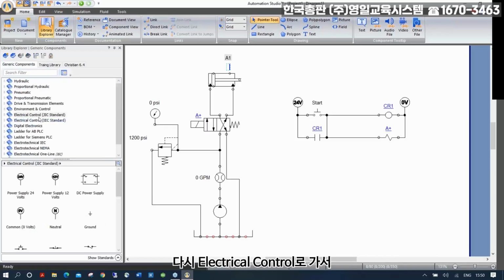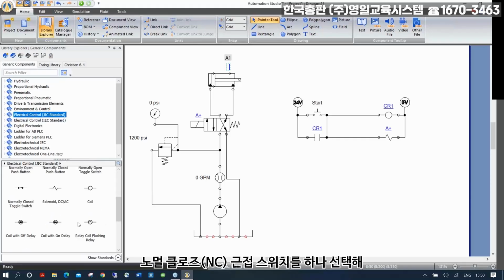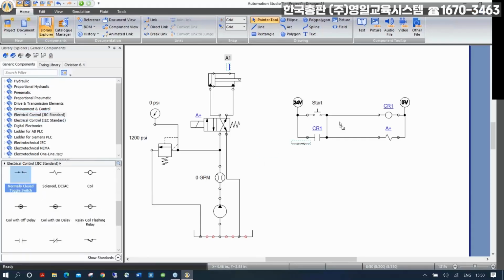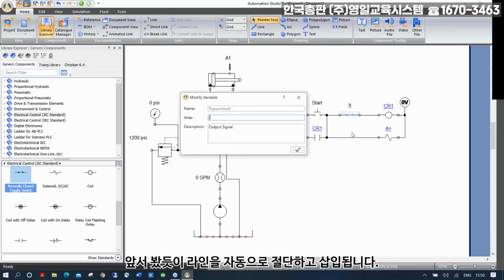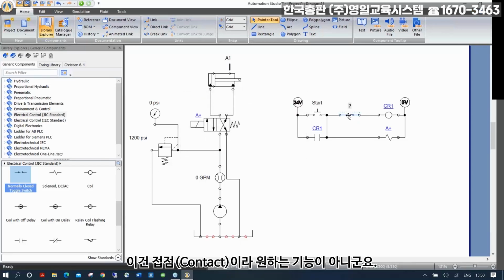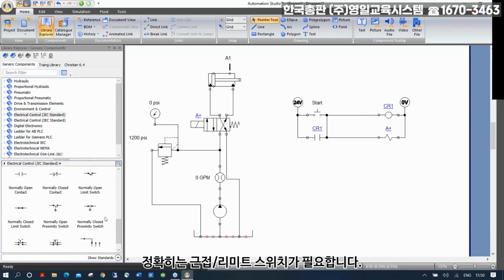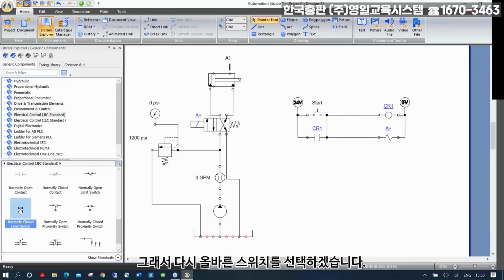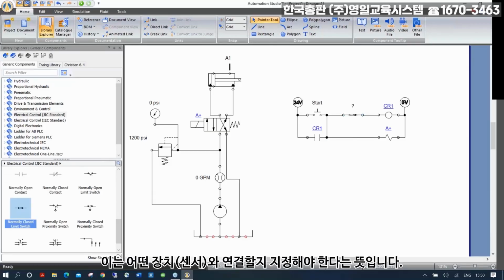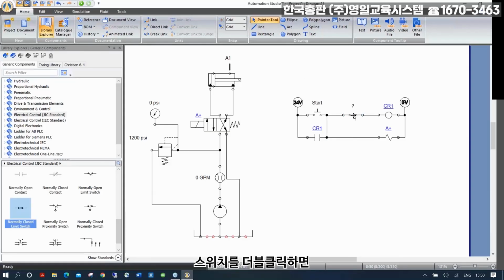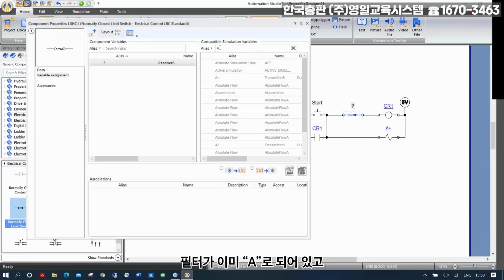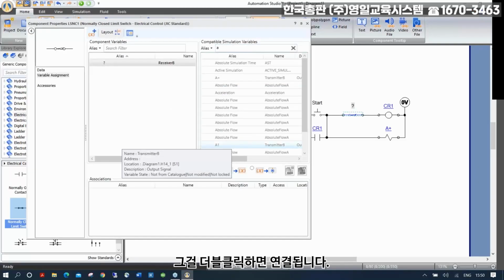And I'm going to go into electrical control, and I'm going to take a normally closed proximity switch, drop it directly on the line as we saw before, cuts the line, and now, oh, sorry, this is a contact, not a good one. Sorry, it's a proximity here, limit switch. So that's what I need to take. Sorry about that. When I drop it, there's a question mark because it needs to be connected to this one. Click twice on it. My filter is already set to A, and you see my A1 is here. I can simply click twice on it,